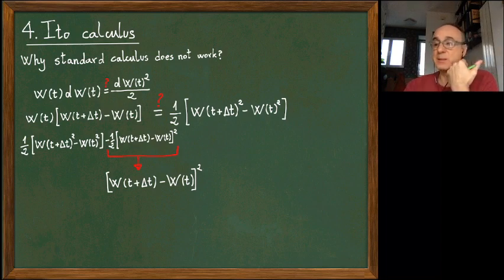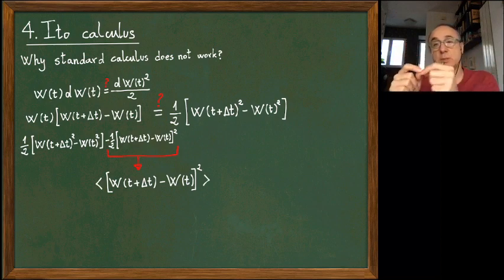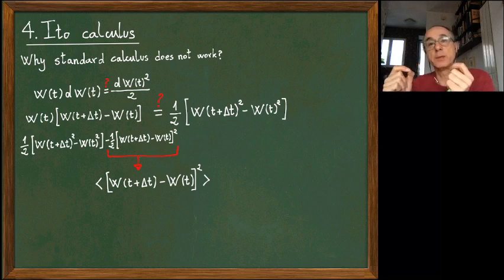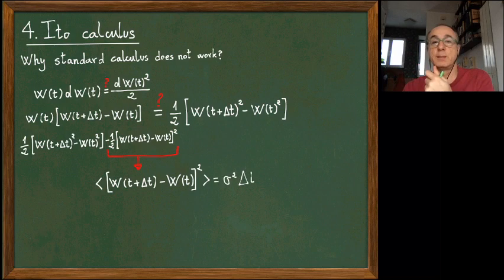And in fact, there is a property that we already know very well. Remember W(t+Δt) minus W(t), which is the motion of the Brownian particle: the dispersion is of order Δt. So this increment squared is of order Δt. And that's the whole story. For a normal function, a function with finite derivative, this should be Δt squared.